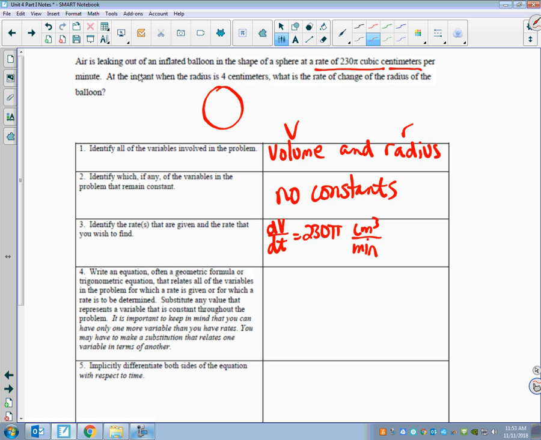They tell us that the radius is 4 centimeters. I would write that somewhere up at the top. What is the rate of change of the radius? So they're asking us to find dr over dt